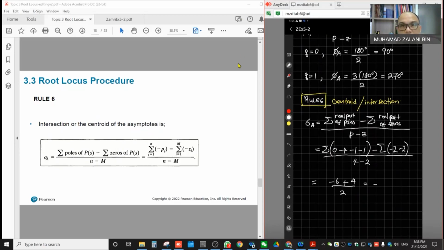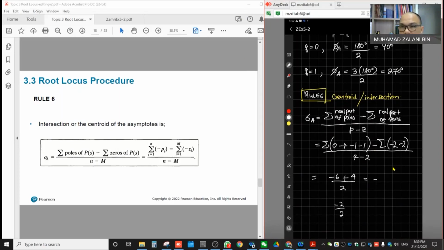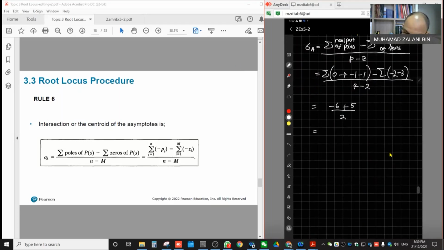Sorry, I just noticed that this is -2 and -3, right? Okay, so we have plus 5, all right, 10. Okay, so from there we have